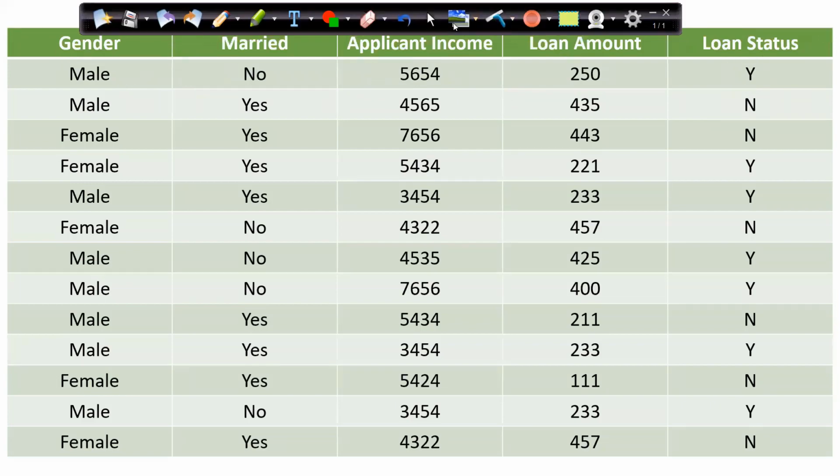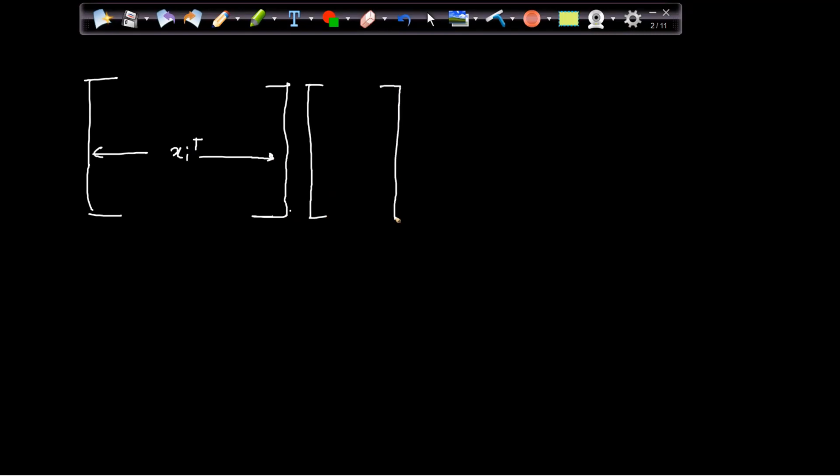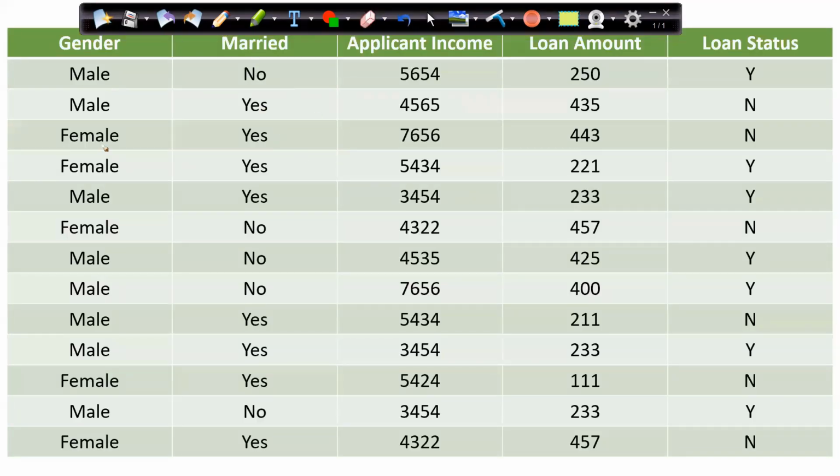Now basically, if I talk in terms of vectors, we have a vector which consists of xi, or I can say xi transpose, right? And I have its corresponding yi as well. And this is what you can see here also. I have these xi's, and this is my xi. This is one of the records, and I have the corresponding yi as well for this record.